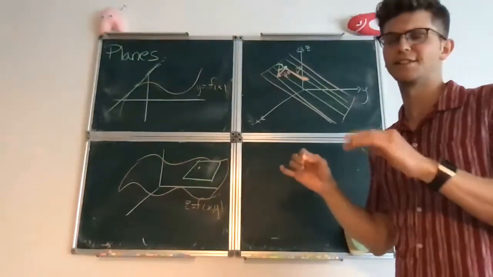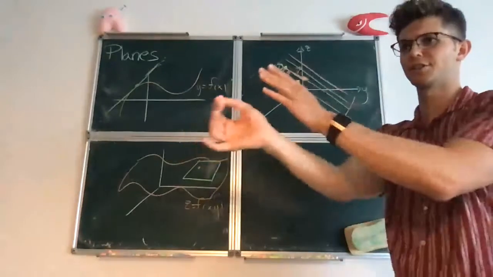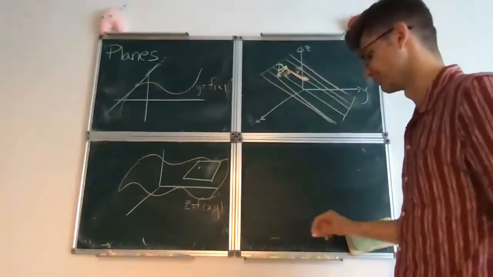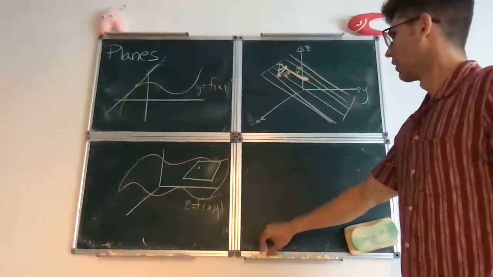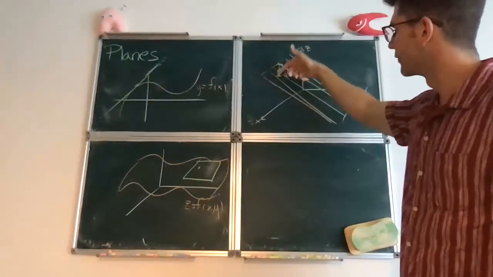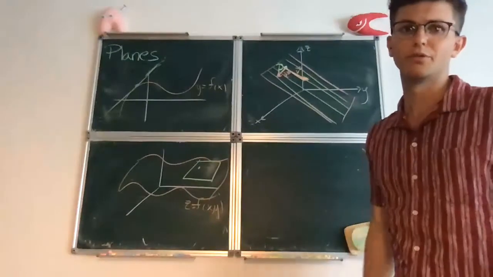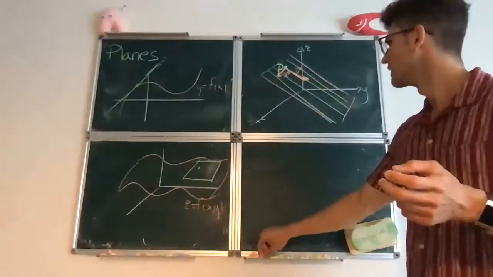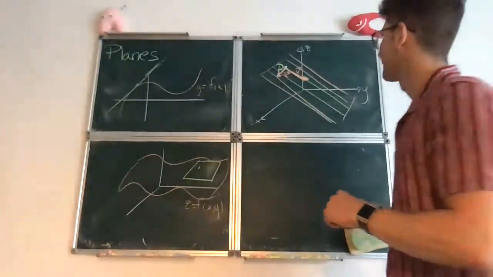Again, it's not important for it to be perpendicular. It just cannot be parallel to v. But the point is that this other vector will tell you how to move between lines if that's what you wanted to do. So what that suggests is that in order to specify a plane,